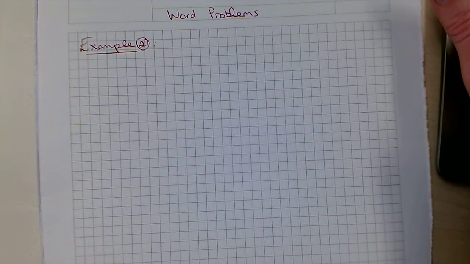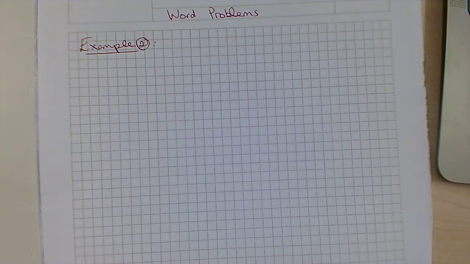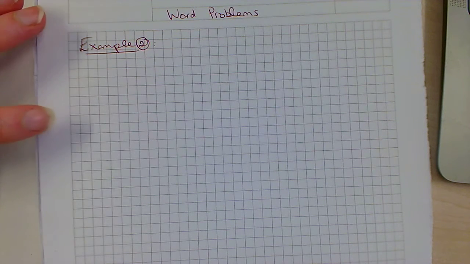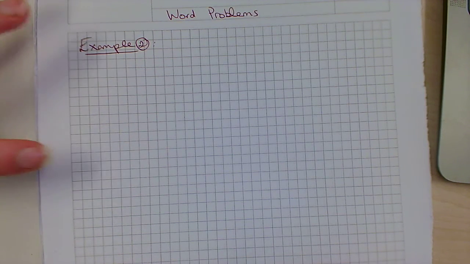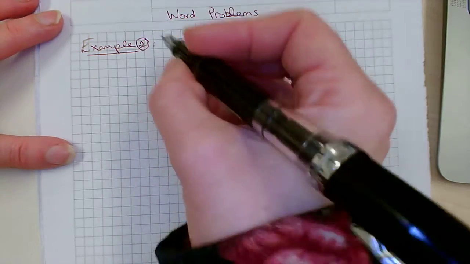We're going to go through a second example of a word problem. The one that we're looking at today is quite a popular type of question to come up in exam papers, so it's a good one to do as an example and get our heads around. And I'll ask you to do a little bit more practice with this before tomorrow when we're going to start to do word problems with simultaneous equations. Okay, so